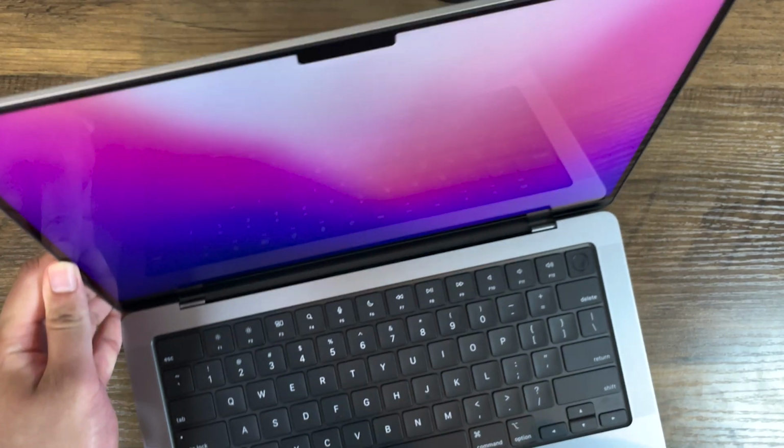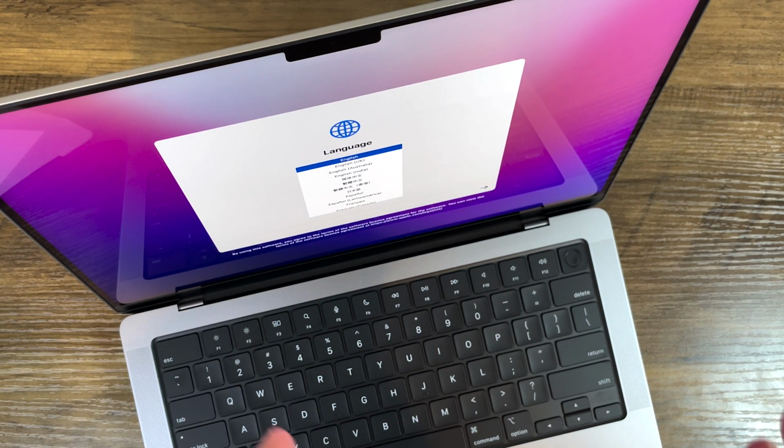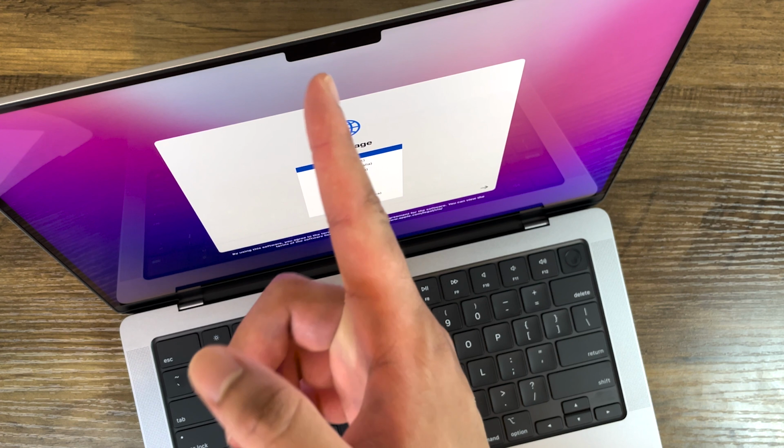Now, bringing this a little bit more into frame, I think one of the major things you'll notice is this notch. Now, with this notch...